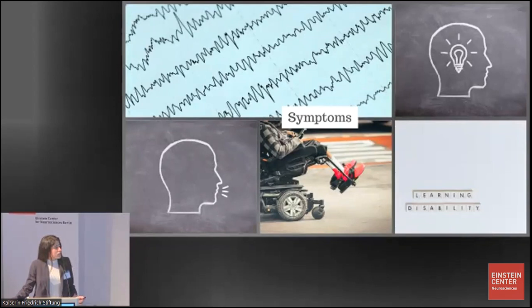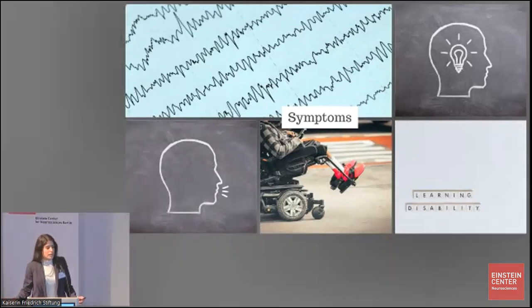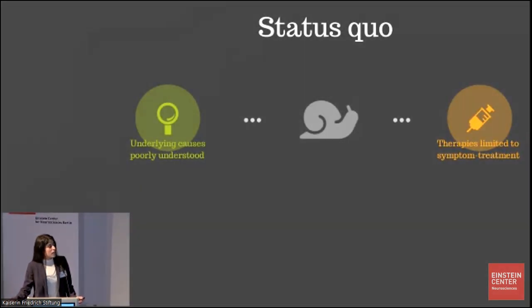And the symptoms that these children have are often quite severe. They can range from learning disabilities to cognitive impairment, to speech impairment, to seizures, and even to motoric difficulties. And when it comes to treating these patients, there are oftentimes either no treatments available, or the treatments only alleviate the symptoms in a very mild way. And one of the key reasons for that is that the underlying causes which lead to these diseases are still